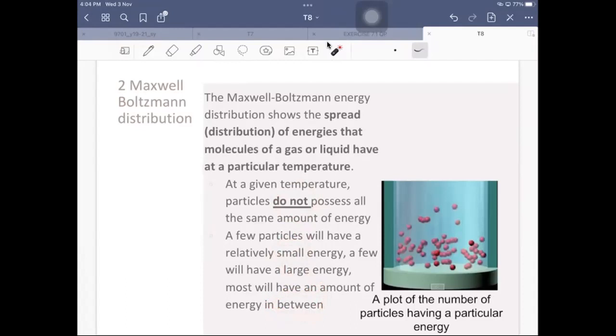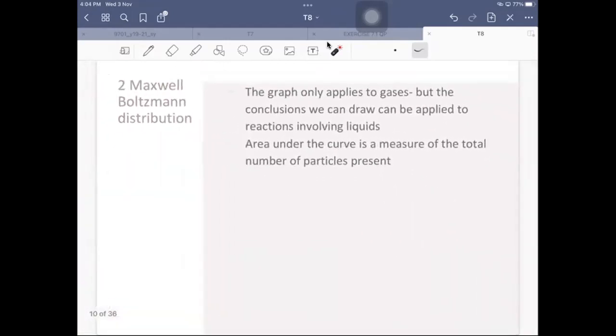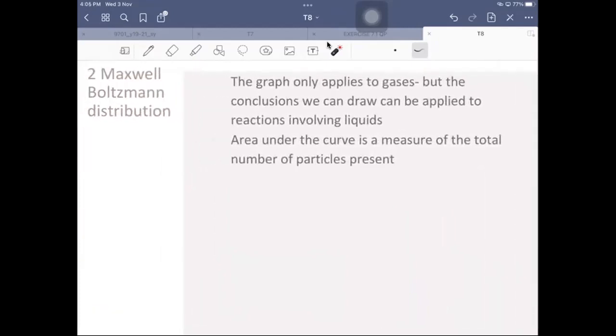As for solid, just because they're not moving doesn't mean they don't have energy, but it's difficult to measure their energy, because they're intact. As I said, the graph only applies to gas, but the conclusions we draw can be applied to reactions involving liquids as well. Okay, so just remember the area under the curve is the total number of particles present in